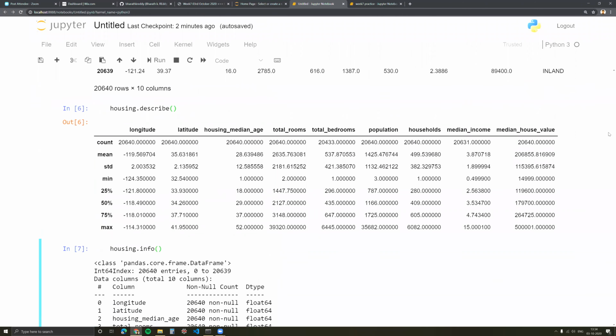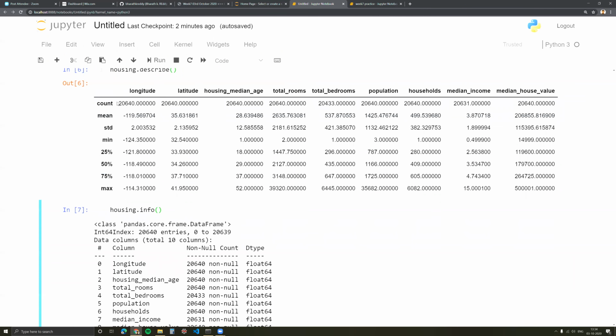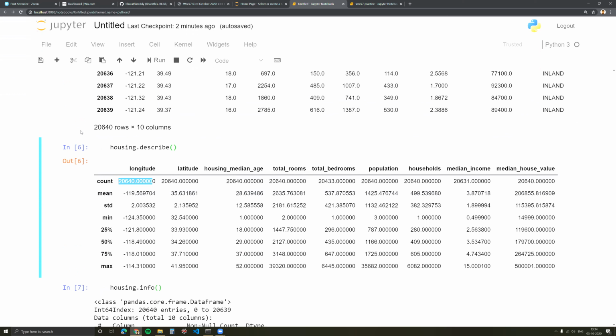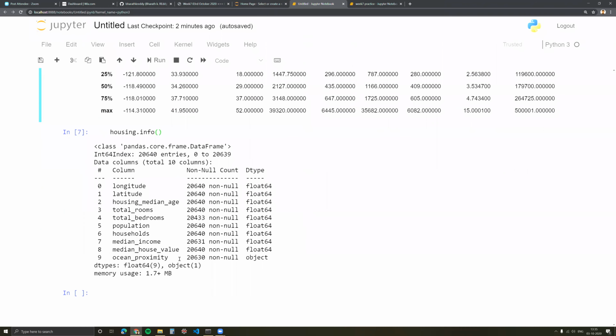You would not see ocean proximity in the describe because that is categorical in nature. This matches the shape of data. However, I see some values missing in total bedrooms and some missing in median income. And if I scroll down in the object also, I see some values missing.